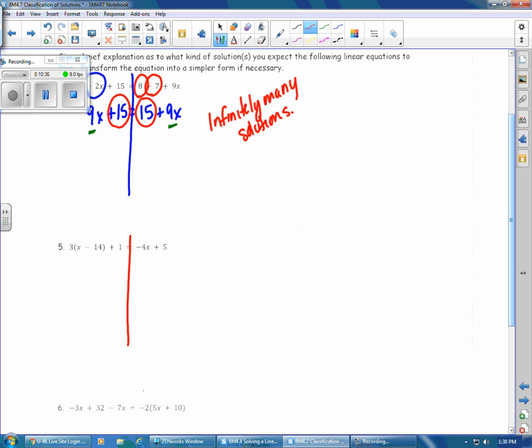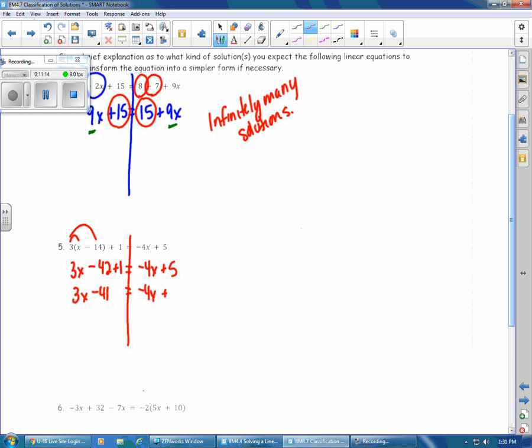again, I need to attack the left side and the right side of the equation. So the first thing I'm going to do, I see parentheses. I'm going to distribute that 3 to everything inside the parentheses. So I've got 3x minus 3 times 14 is 42 plus 1. Is that equal to negative 4x plus 5? Okay, actually, I can simplify that a little bit more. 3x, negative 42 plus 1 is going to be negative 41 equals